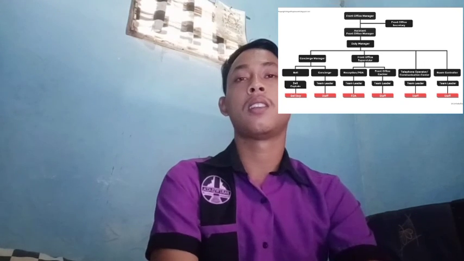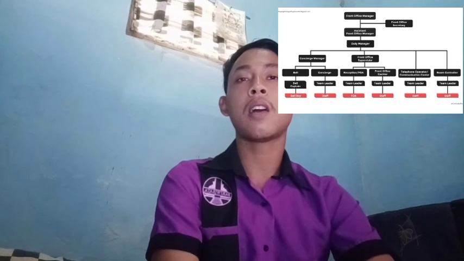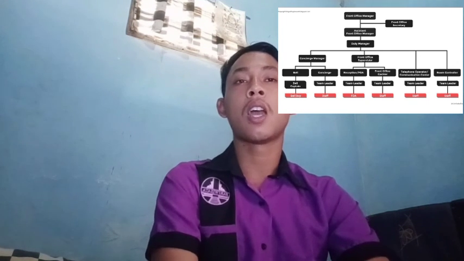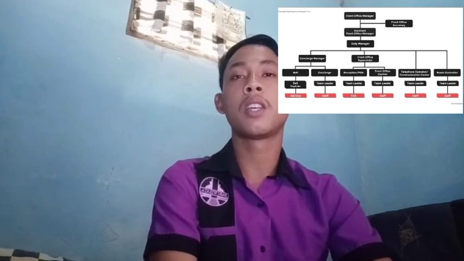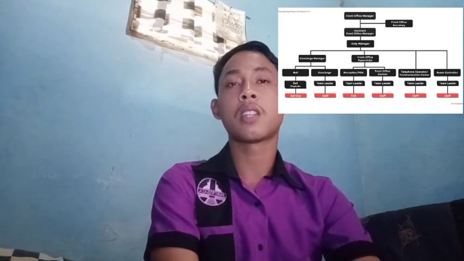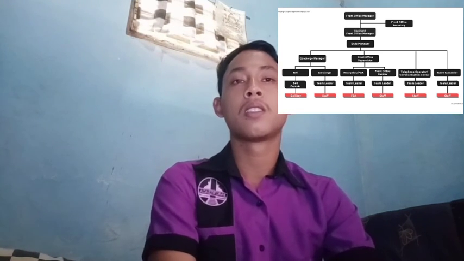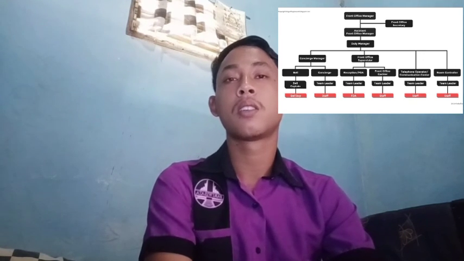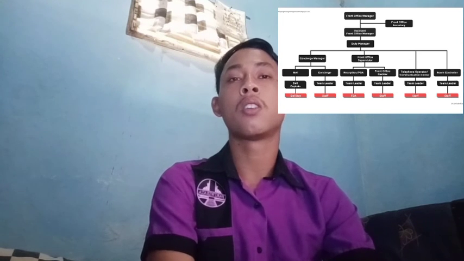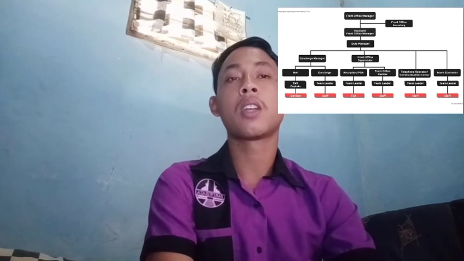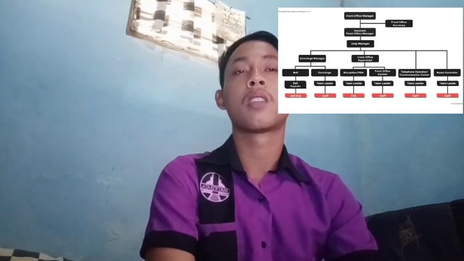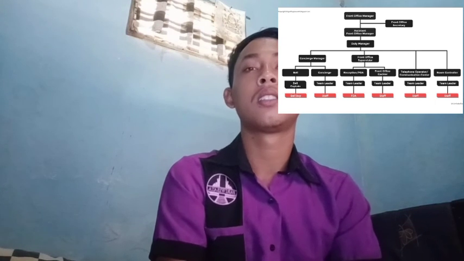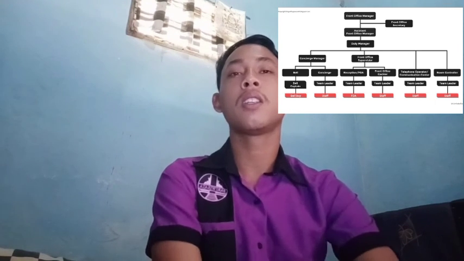And the next, staff room controller. The staff on duty in the room controller have the following duties and responsibilities: updating room status for guest check-in, check-out and moving room, blocking rooms for group guests, and providing information on the number of vacant rooms, ready for sale, and out of order. Okay, this is what I can explain about the